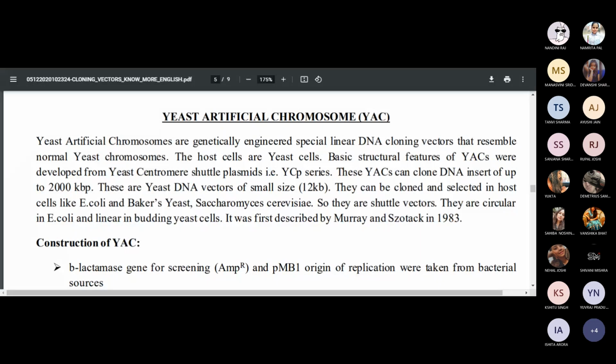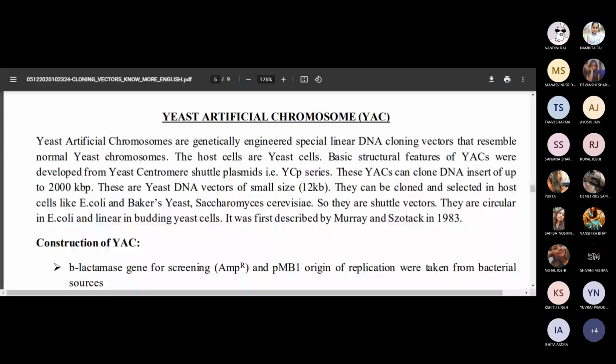So how are these shuttle vectors going to be helpful? As I mentioned, when you're talking in terms of eukaryotic cells, they are a bit larger in size, so it becomes difficult to handle. Bacteria are very small in size, they're easy to handle, they replicate fast. So to get the beauty of both systems, you need a vector that should be of a shuttle type. Shuttle type means it is able to replicate within the bacteria and also within the eukaryote.